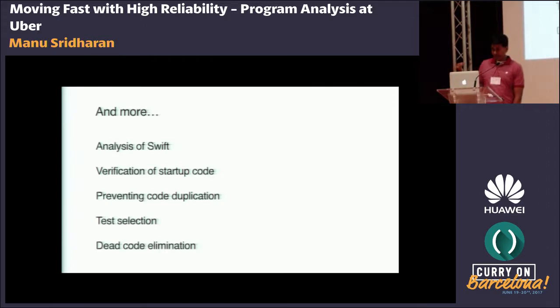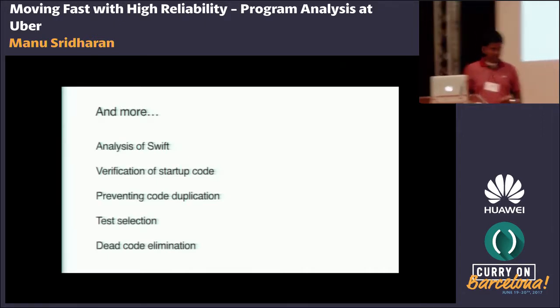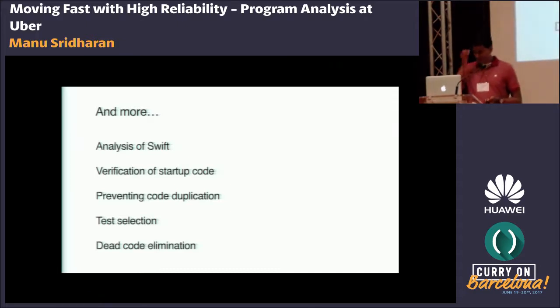Analysis of Swift on iOS is a huge open problem for us. We're investing a lot on the app development side and writing Swift code, but we need to build up some infrastructure for doing static and dynamic analysis there. There's certain startup code that is very critical to the app. So if we have a crash there, you might end up in this crash loop where you can never actually start the app. So I think that might merit stronger verification to ensure that we don't end up in those crash loops. Lots of code duplication across our apps.